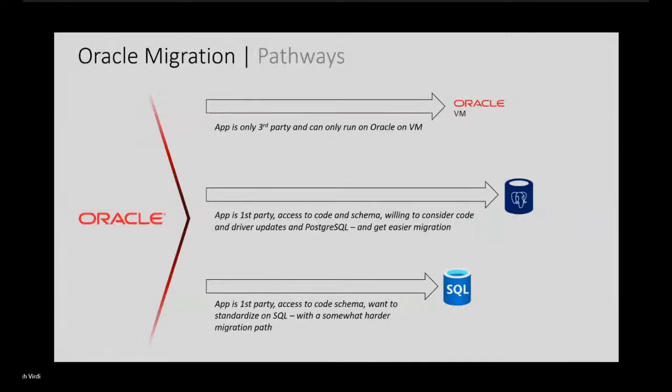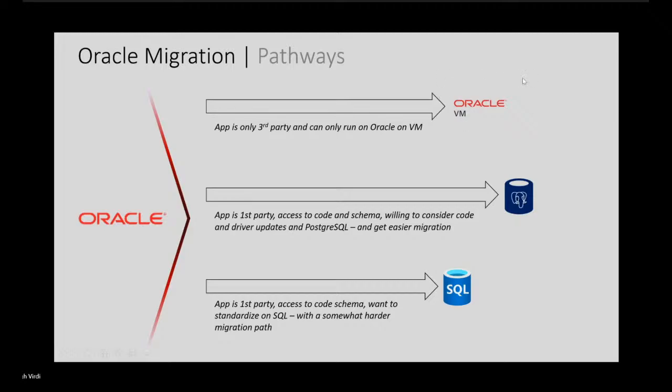Now, what are the different pathways you can look at if you're trying to migrate out of Oracle, right? There are primarily three patterns that we have seen with customers. The first one is the simplest: lift and shift, right? What you're running on prem or in a co-located data center, you simply move the VMs across to Azure, and you can run with your own Oracle licenses in the Azure cloud.